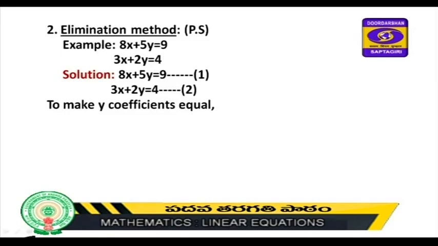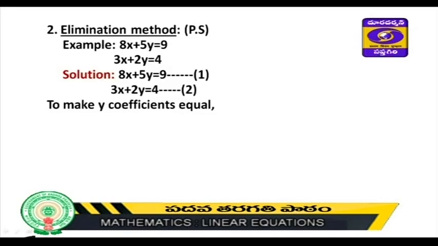In the first equation there is 8x, and then 3x. If these two coefficients are equal, we can eliminate them. How can we eliminate? By equating the coefficients of x or y. We can subtract or we can add. If the signs of both coefficients are the same, we will subtract, and if the signs are different, we will add. So, like that, here I want to equal the coefficients of y,